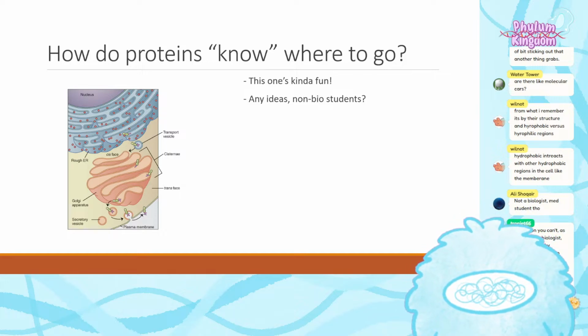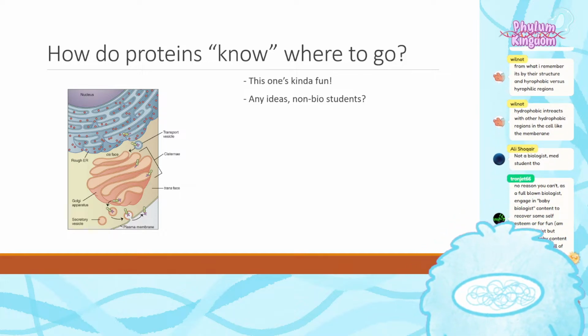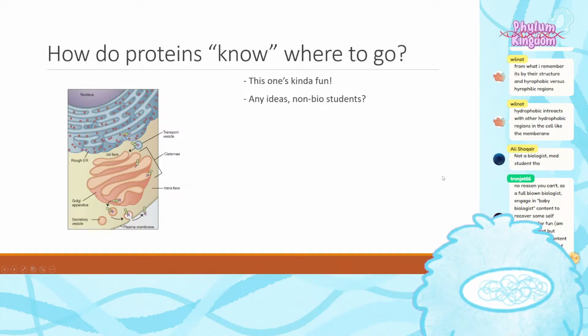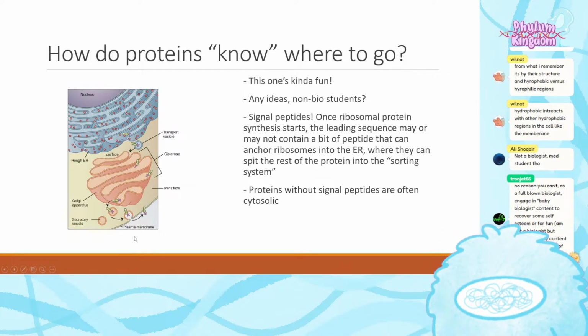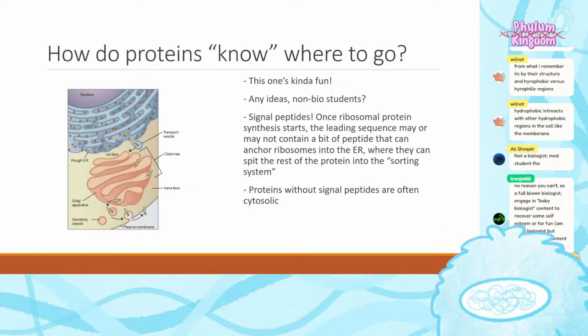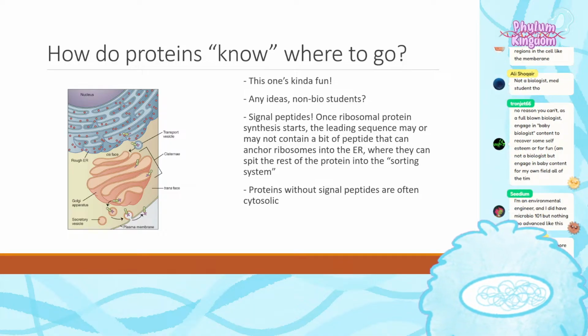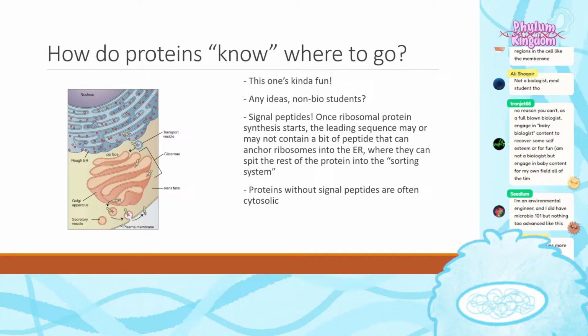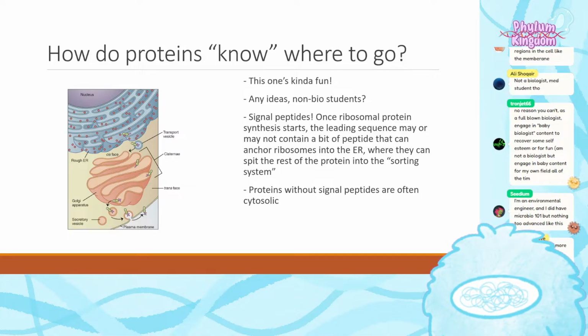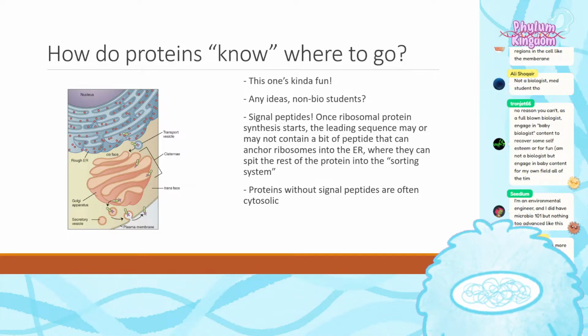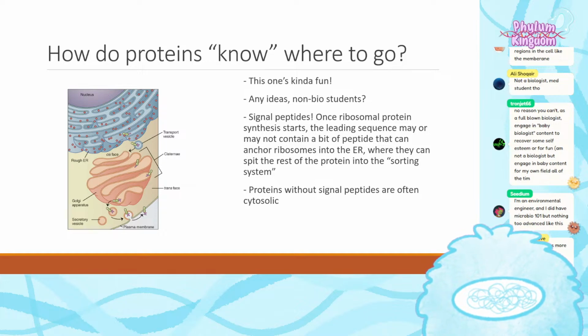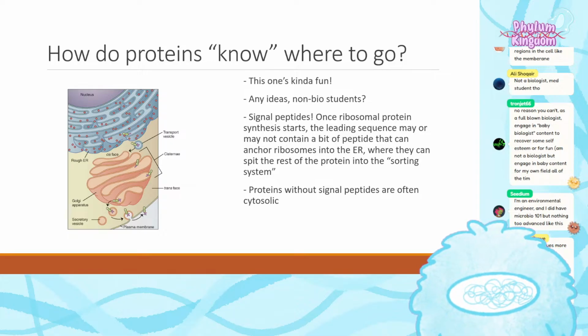So again, Guy made an excellent point. This is for eukaryotic cells. Bacteria probably have their own protein localization thing, but this is for eukaryotic cells. The information of where a protein should go, in a vague sense, right? This does not cover the entirety of localization. But in a broad stroke, the answer is signal peptides. This is information that is hard-coded in a protein's genetic code. So the DNA that codes for this protein will make a piece of mRNA that then gets converted to a piece of the protein called a signal peptide.